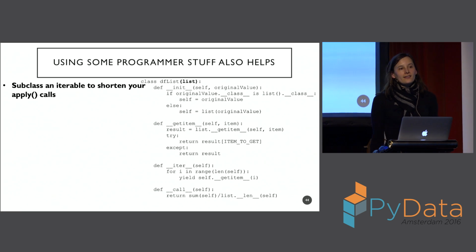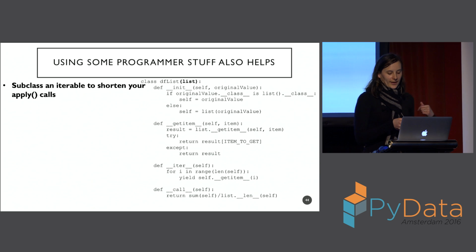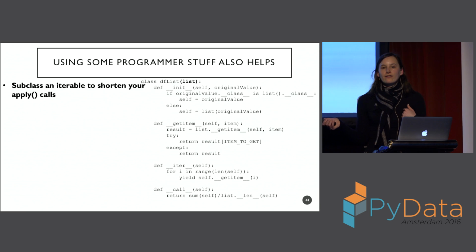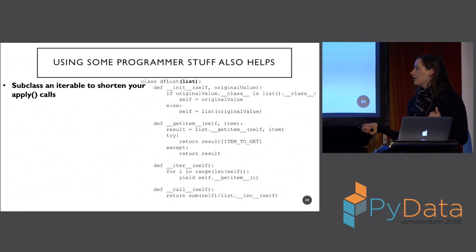So this basically means, if you use the normal list, that's fine, but you can't customize. I want a list, but I want a list that does special things. In particular, let's say I know I have a list, but I don't want to have to write out apply and a function to compute the average. So instead I'm going to define or subclass __call__. This is one of these functions that comes with any object. It basically means if you take a class member and you put parens after it, you get this function, right? So I can make myself a special list.